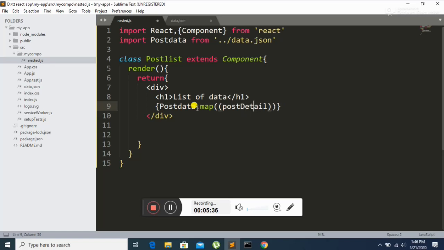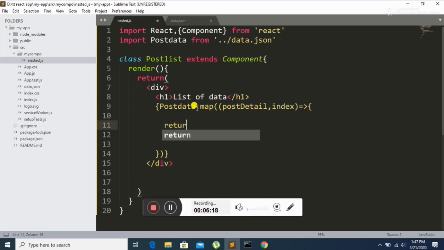Okay, so post details, I'm just giving the name post details, and for the post detail we have to apply the detail and the detail index. In this index I'm going to make an arrow function. In this arrow function I'm just calling it. All right, so what you have to do is make a simple hierarchy. Now you just make it like this. Okay, so this is the most important part. All right, so now I'm just going to call this value into the return.